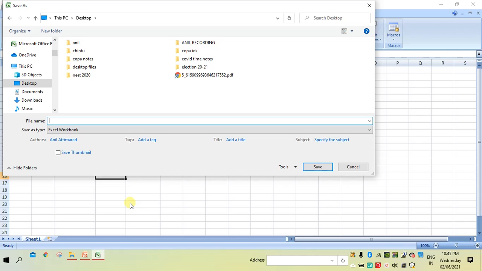One more file in the name of the same file name, or you can give another file name and then you save, and it will save on the desktop. Not only the desktop, you can save anywhere you select, you can even select folders and save there in that folder name.